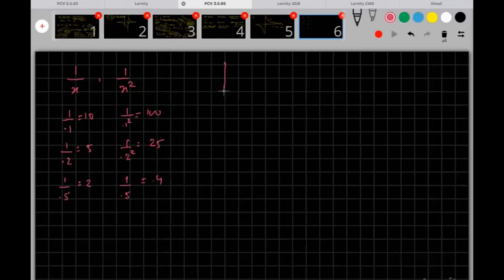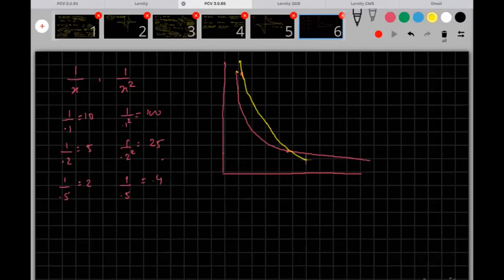So you see, this is going to be steeper, and then it goes this way. Now as far as this is concerned, these two will intersect at this point. So maybe if I draw it in yellow, they'll start somewhere at the same point, but this goes steeper, so it will come gradually, then it will cross, and then it will come down. So this is how it looks. This point is 1, so both the curves will intersect at 1. So at x is equal to 1, y is also equal to 1. So that's how you basically draw.